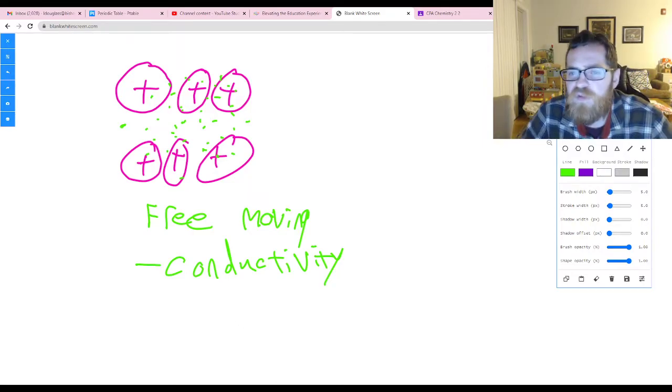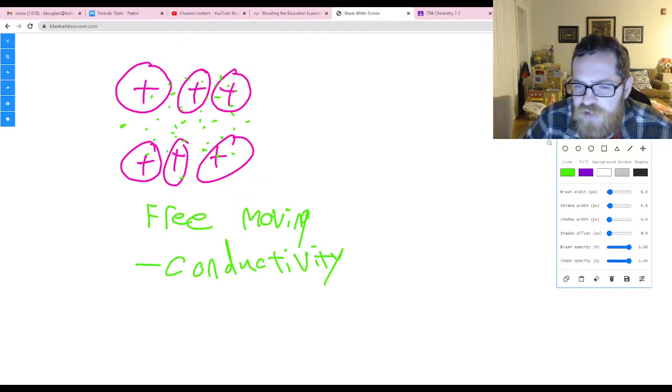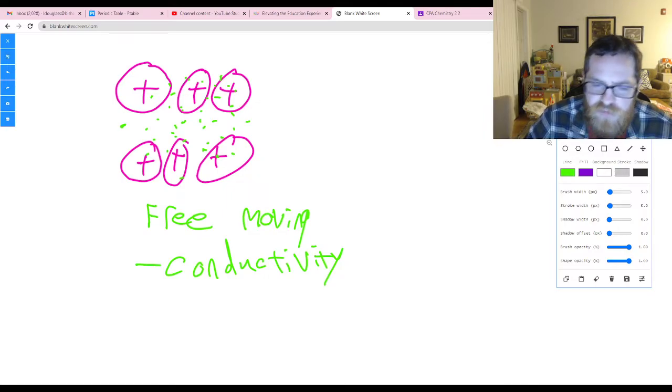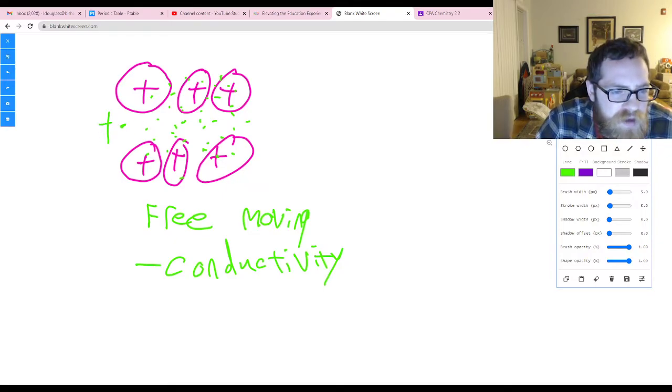Electricity is a movement of electrons via potential energy. It's not like the same electrons moving throughout something, but rather you use potential energy to cause electrons to move, causing other electrons to move. In this case, by applying a positive charge to one end of a metal, you could get the electrons to